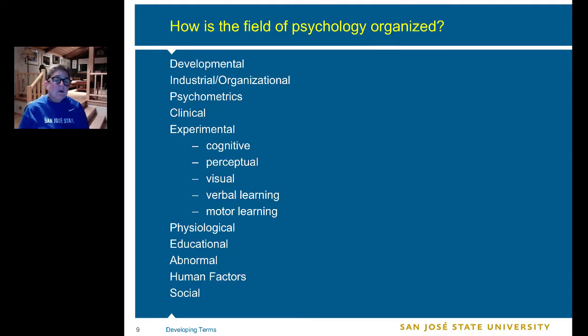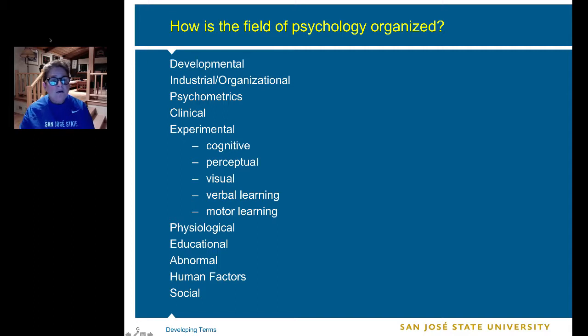Because in fact, when I look at how the field of psychology is organized, look at all these various ways or applications of psychology. In other words, a psychologist could look at what's called developmental psychology. I know that most of you have heard that terminology. There is also something called an industrial organizational psychologist, somebody who goes into industry and looks at systems and how those systems work and how you could benefit employees and the efficiency of work